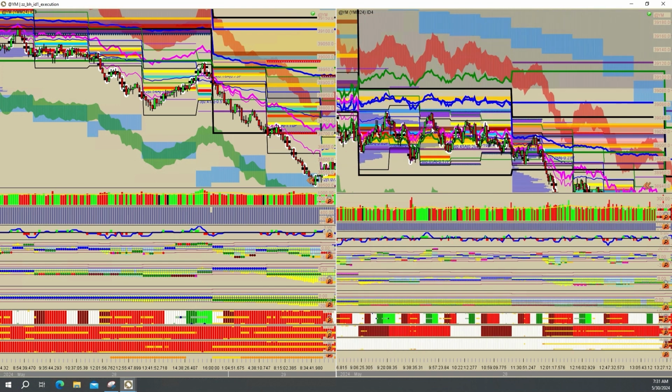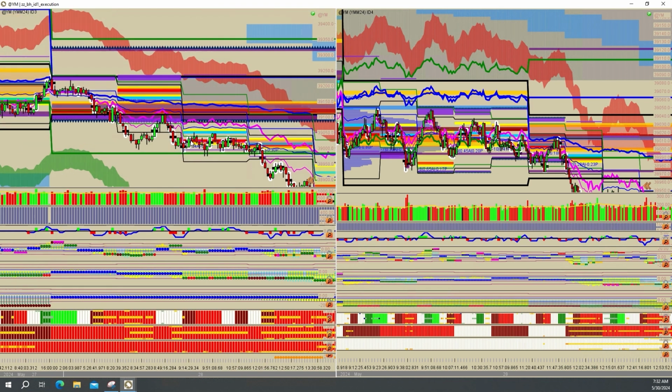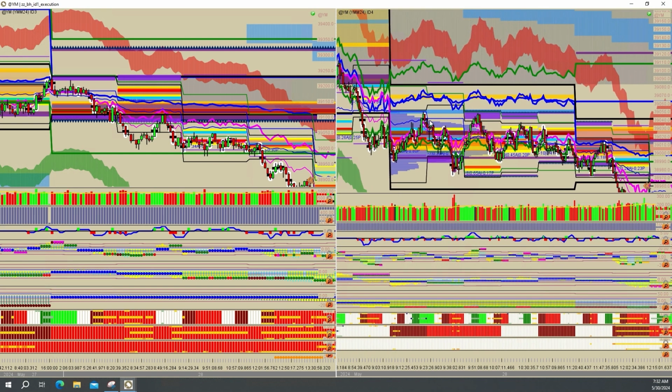Please excuse some of the squiggles. We're making this from a couple of days after, so it does look a little squiggly. We had the market just going into the start of the US session looking pretty soft, and it continued to stay soft and framed a zone overlapping a value area. We sold very near VWAP on an intraday time period in a zone, on a time frame we call the ID2. It's kind of the second level down of the intraday time frames we look at, overlapping this VWAP